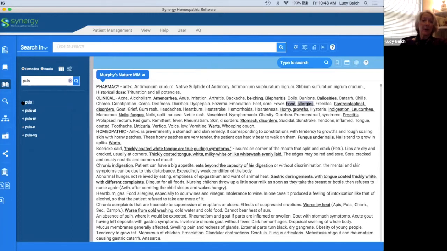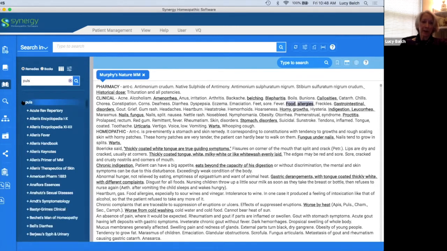Now let's say there's a certain book that you want to compare these remedies in. In order to see which books Pulsatilla falls in, you simply have to click on the plus sign and it opens up all the books that have Pulsatilla information. So let's say, for instance, you really like, I always go to Morrison's, I don't know why, but I do happen to like Morrison's quite a bit. In order to get to Morrison's book quickly, you see how the highlight currently is on Pulsatilla? If you use your down arrow and get the highlight into the books,